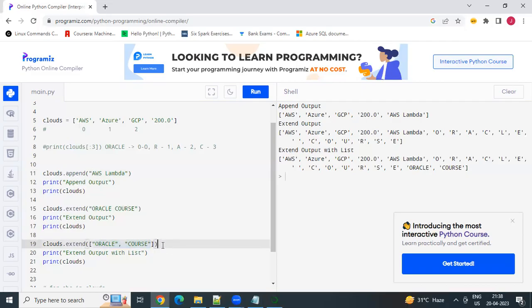If you have a requirement where you have one list and you want to add another list into that, then you can use extend. And if you have a requirement where you have a list and you want to add one element of a string type, then you can use the append function. Yeah. Then moving ahead,